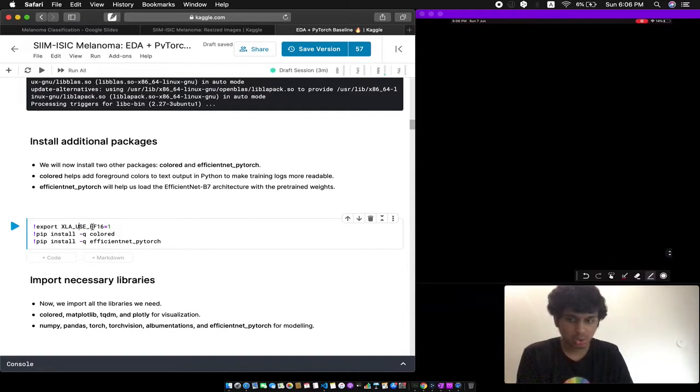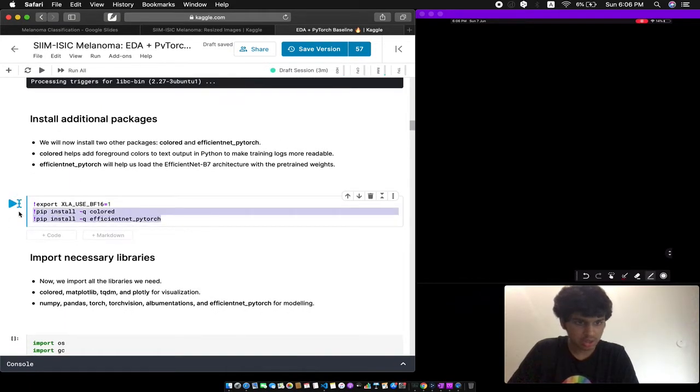So Google came up with bfloat16, which offers the capacity of float32 but has much lower computational overhead, and that makes training models much faster on TPUs than GPUs. This is one of the main innovations that came with the TPUs. So when we say export XLA_USE_BF16 equals 1, we are explicitly specifying that we want to use bfloat16 while training our model on TPU.